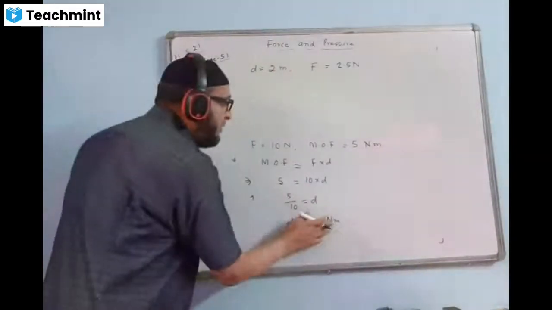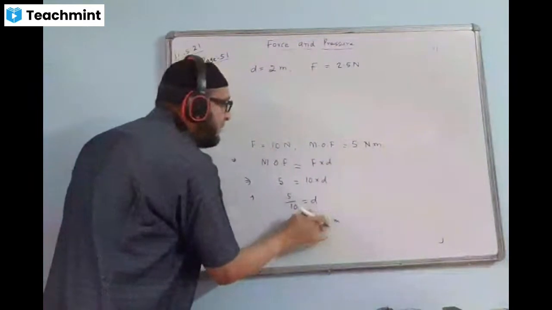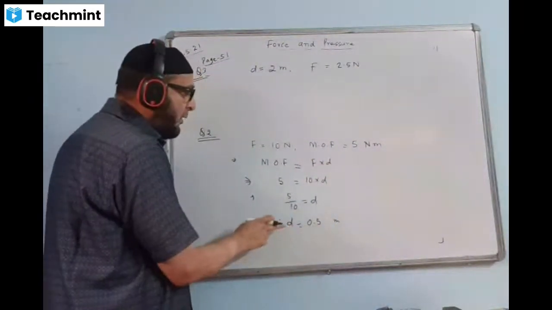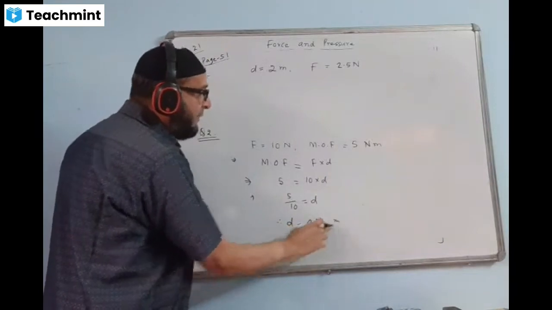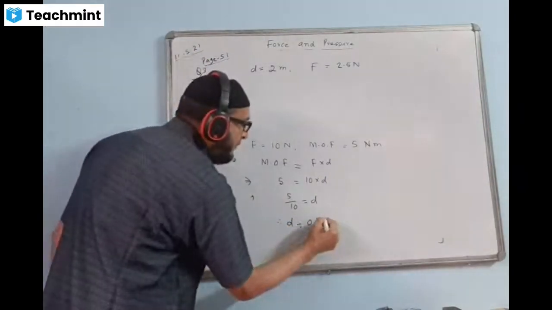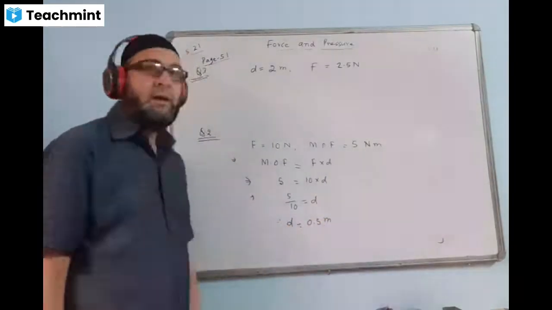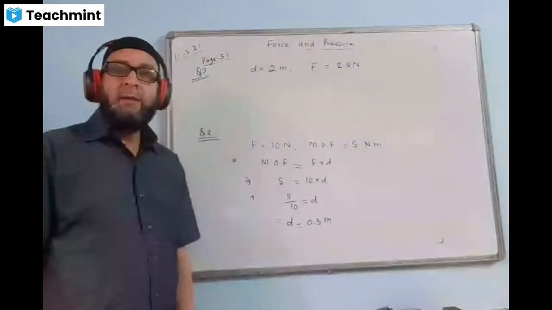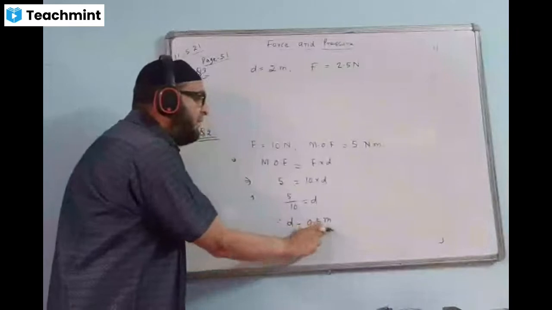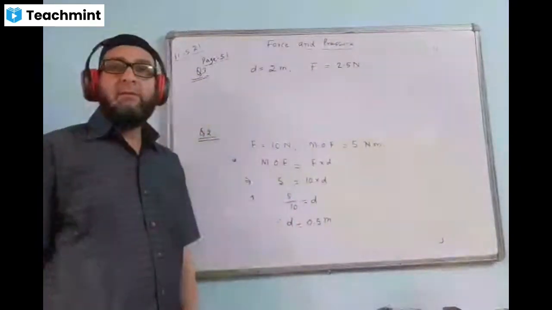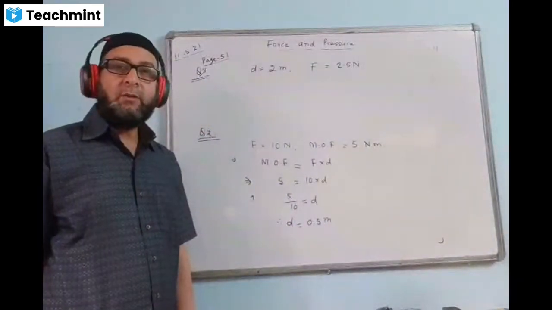Oh, sorry. Yes, you're right. Thank you for the correction. Please, boys, make a correction here. Distance will be coming only in meters, 0.5 meters to the right. You are very much correct, I had overlooked it. So please make the correction here. The distance unit is meter, so 0.5 meter we will write. Very good, boys. Good observation.